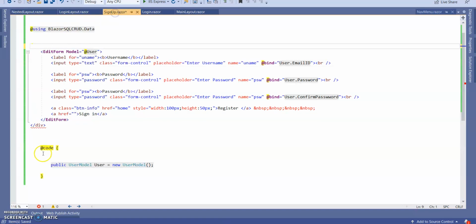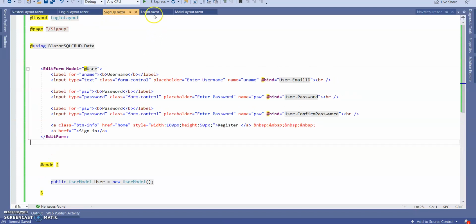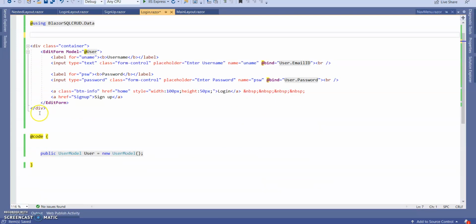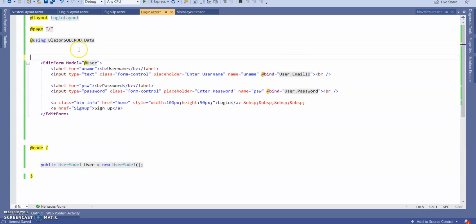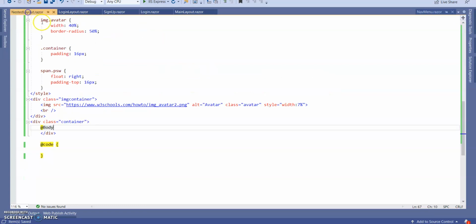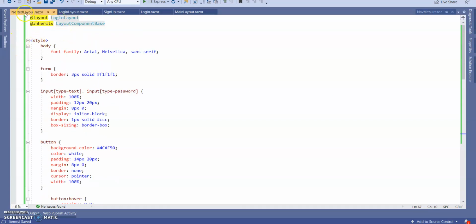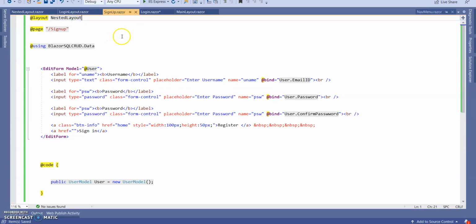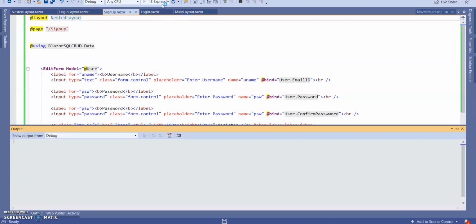So I don't need this one. Now here also I don't need all this particular code. I'm deleting this code completely. Next, I don't need this also. Here, these login and sign up pages are first inheriting the login layout. Now our login layout is calling the nested layout, and we are going to call this nested layout. So here I'm going to call nested layout in login and in sign up. Nothing is going to change in front end, but our code is getting reusable now.